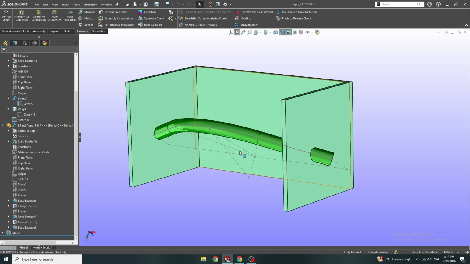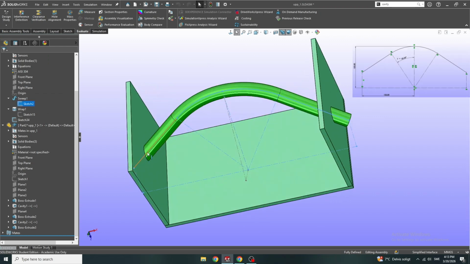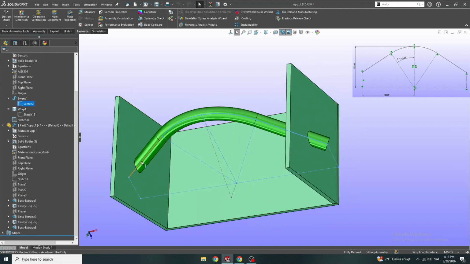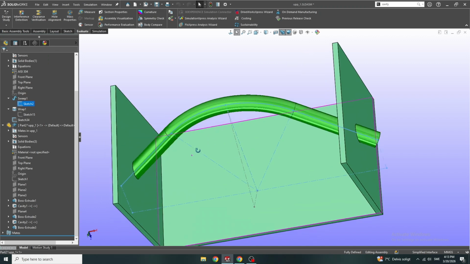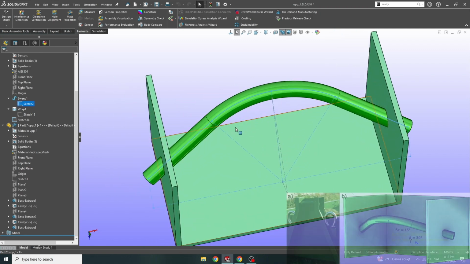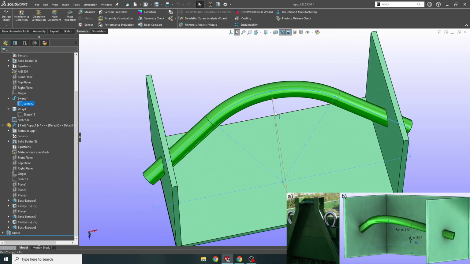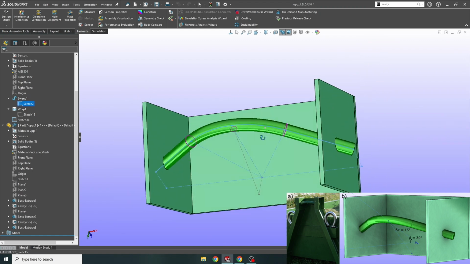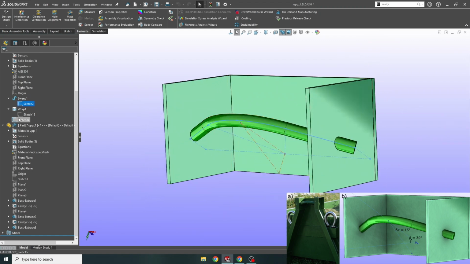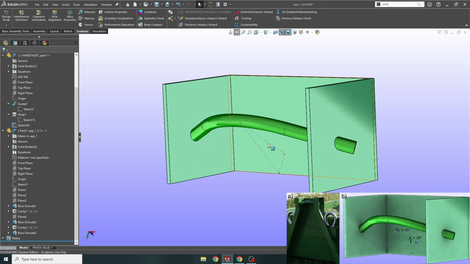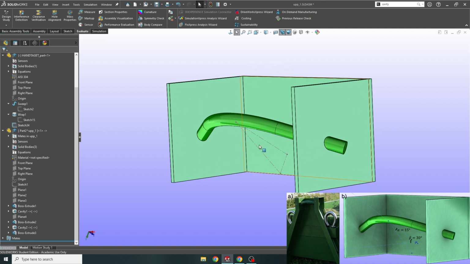Okay, so here we have the part. I have sketched a line here that is going to be representing this handle, and with the sweep I have created a diameter of 30 millimeters, and this angle here is going to be varied in the design study. I have created another sketch here. I'm going to hide this sketch now. This sketch is for the direction of the force. It's 15 degrees here,